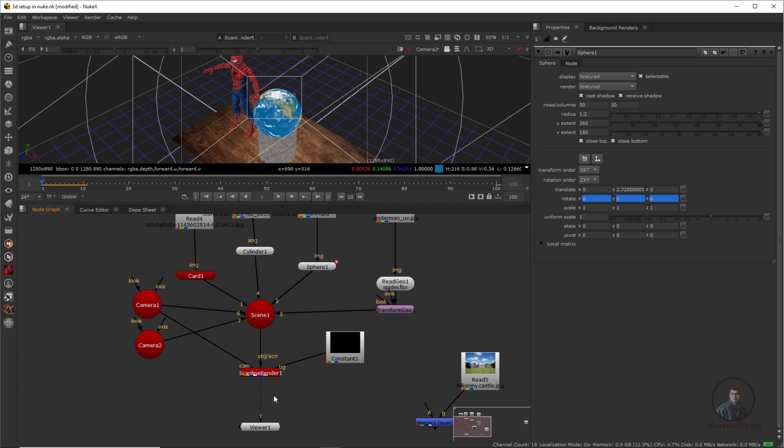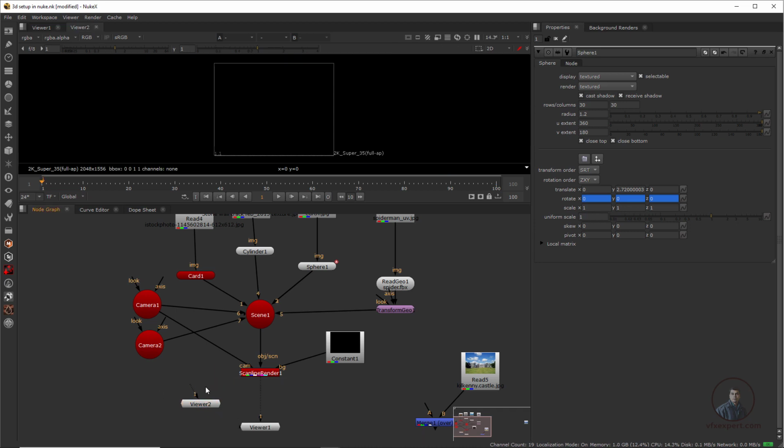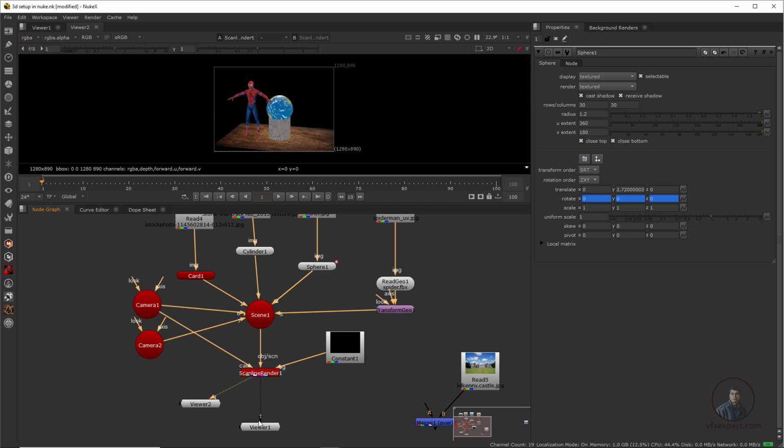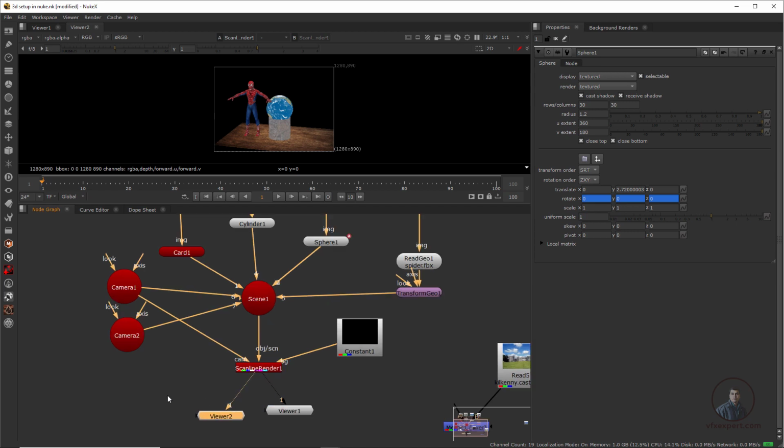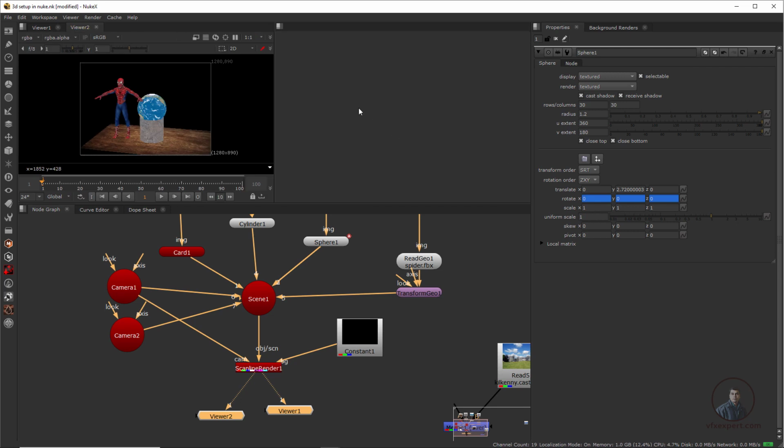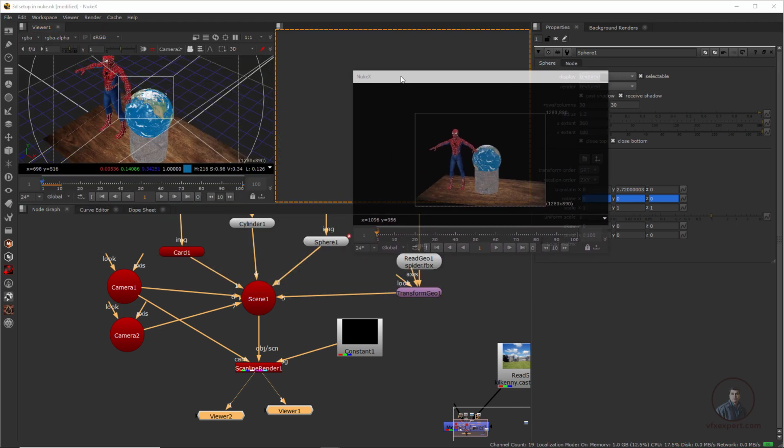So for adding another viewer here, press tab, you can type viewer, this one, or shortcut Ctrl+I. Then again connect with this same scan9 render here. So now I connected our two viewers with our same scan9 render here. Now in the viewer if you look, we are getting two viewers, this first one and this second one. Then click on this split option and select split horizontal, so we can easily see them side by side. Then select this second viewer and place it here. Simply drag and drop here.